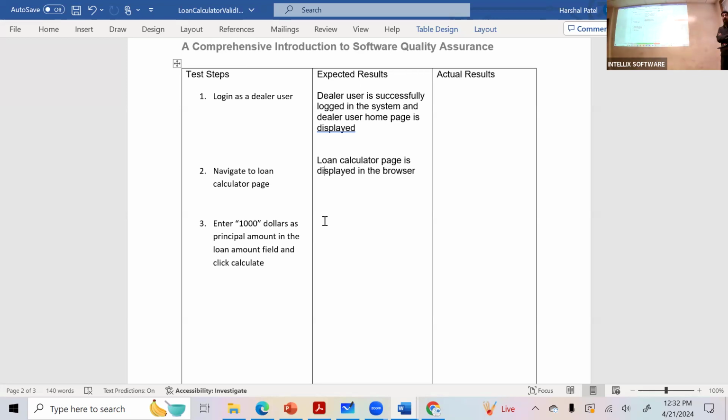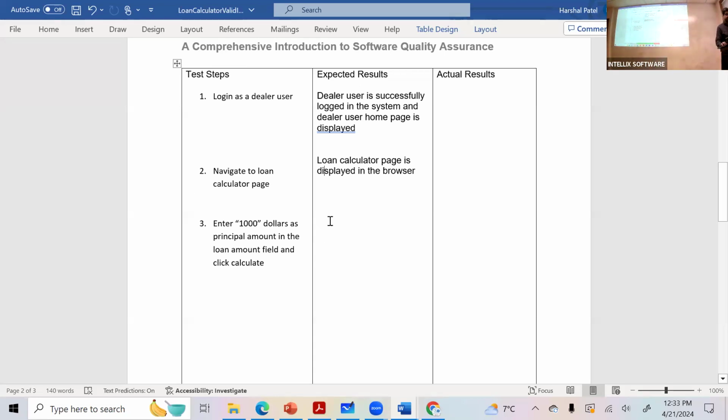This is what you will be doing at work. You have to figure out what it will be. What should be the expected results? The expected result should be like 30. Yeah, right? So monthly payment, because 3% of this amount is what it should be, right?